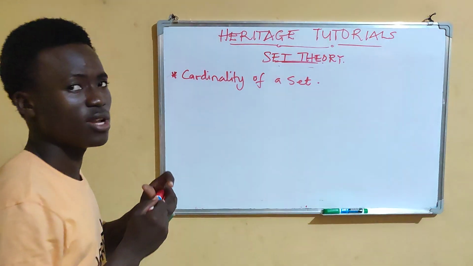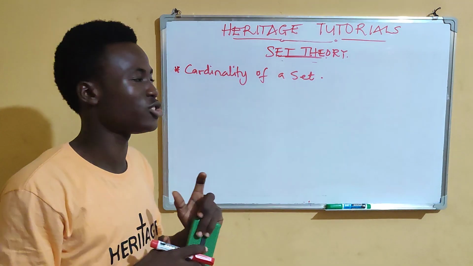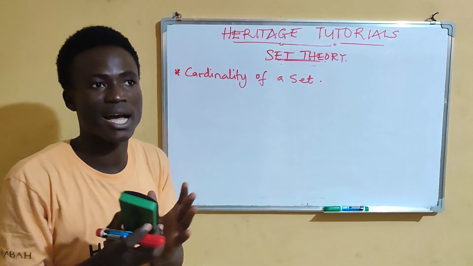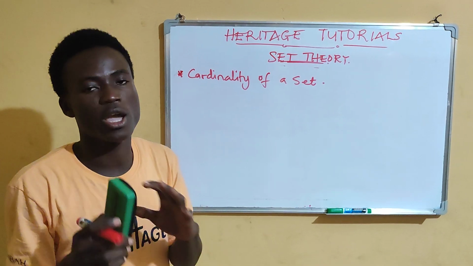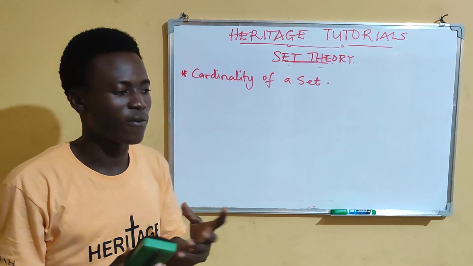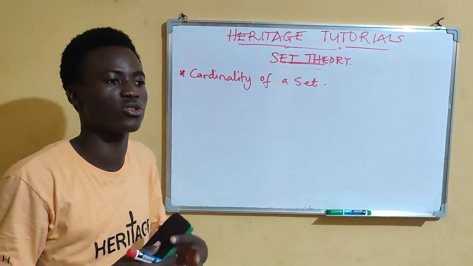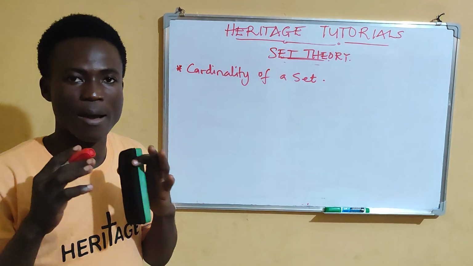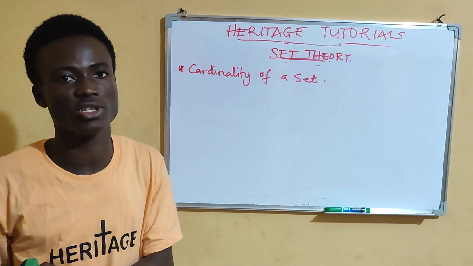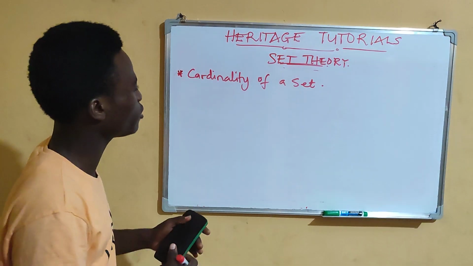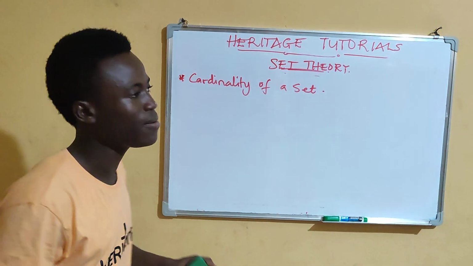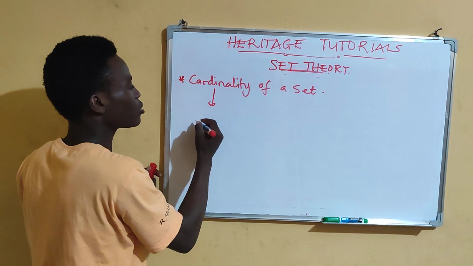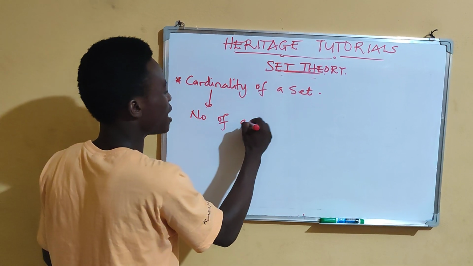I believe we all understand that a set is a group of items that have close relationship, or a group of items that have things in common. For example, they call it a mathematical set because all the instruments there are used majorly for mathematical drawings. So they have things in common. When you talk of cardinality of the set, you are talking about the total number of elements